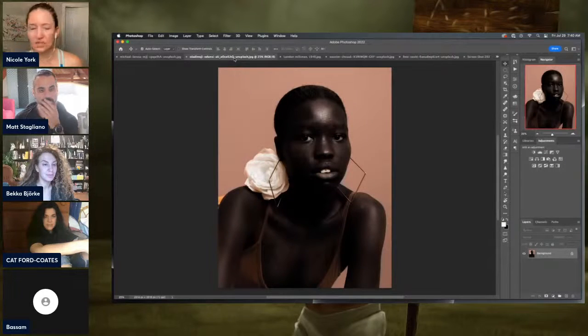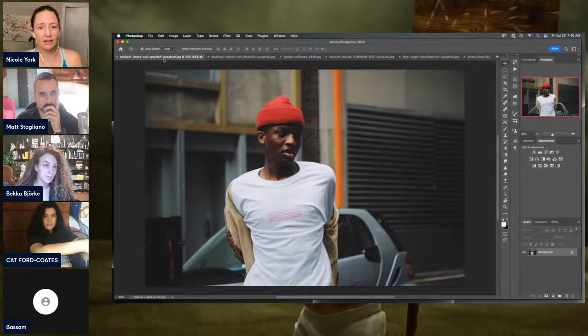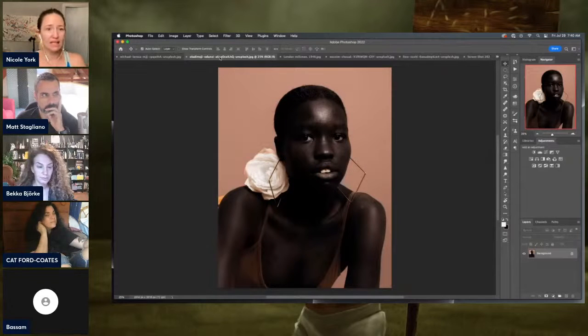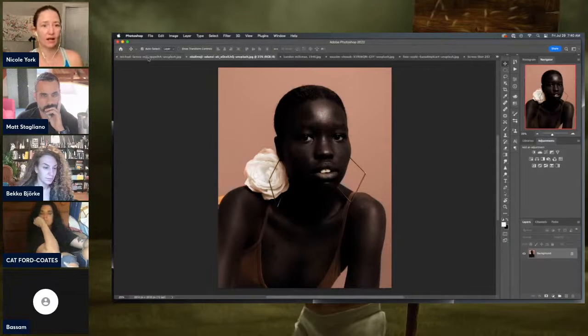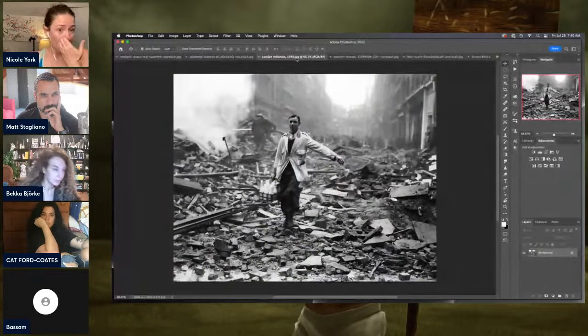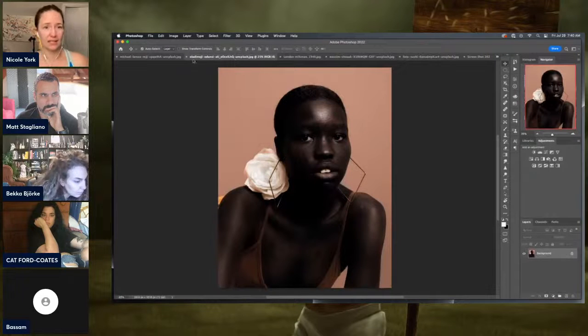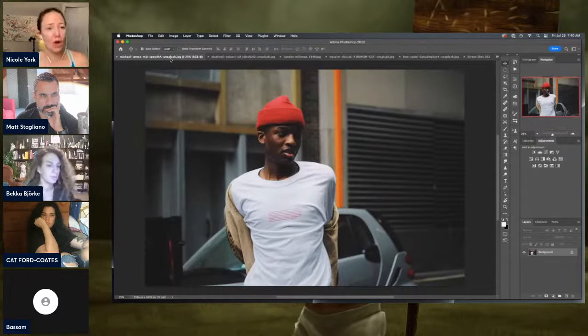Okay, so we talked earlier about environment, right? And how studio and the removal of the environment is also a really strong artistic choice. It's a clear creative choice that we're making. So if we take these two folks, it's both similar subject matter, and then we put them in different environments with different styling. All of a sudden, we have a very different understanding of what we're supposed to be guessing about people. We have great context here, we have no context here, and we have medium context here, right?